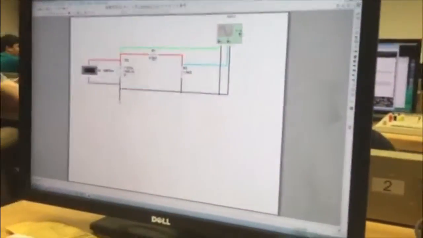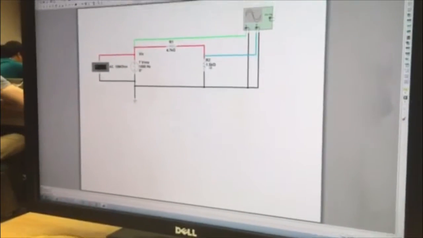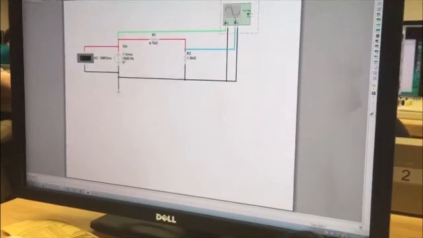And for this, you're going to need a function generator, voltmeter, 4.7K resistor, 1.5K resistor, and an oscilloscope. To measure your peak to peak, you're going to want